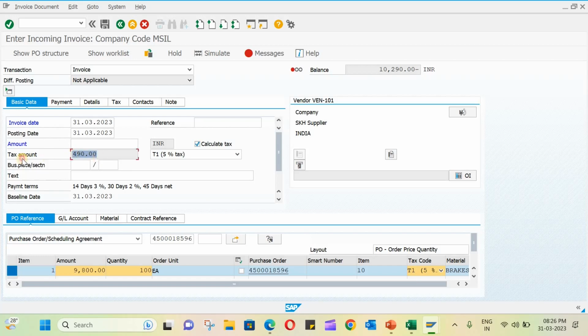Now you can see 490 is the tax amount, so 10,290 is the balance. So you have to enter here. You have to make sure that this balance is 0. Enter. So now you can see the balance is 0, the error message is gone, and if you simulate this,